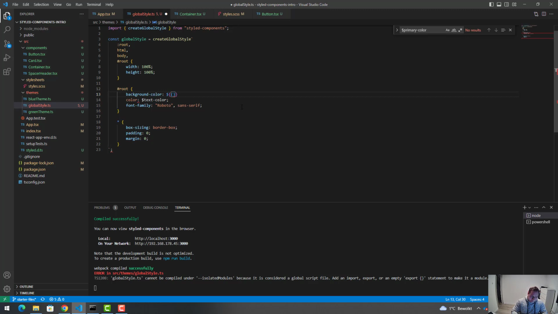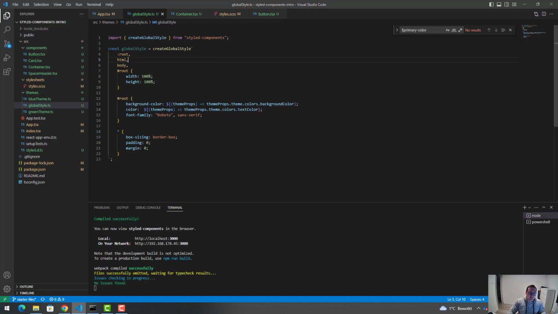So we get an arrow function theme props, and within theme props, we do a theme.colors.backgroundColor; semicolon. And we're going to do the same for text color, but then with the variable for text color. So background color we can delete, and then we do text color. So this should work. We do have to export it,